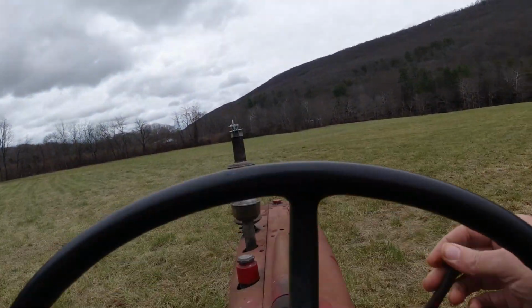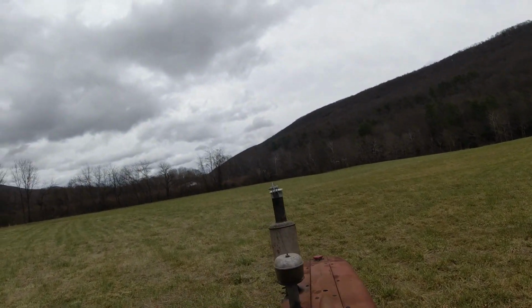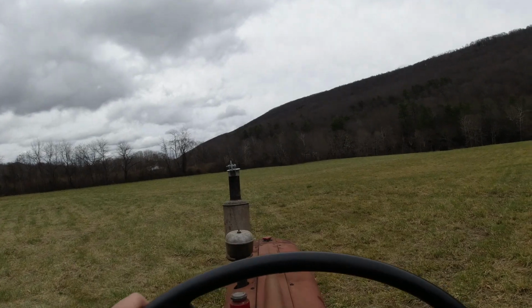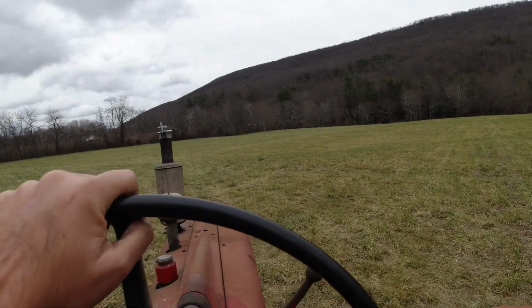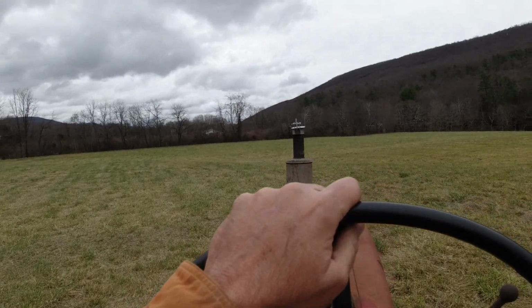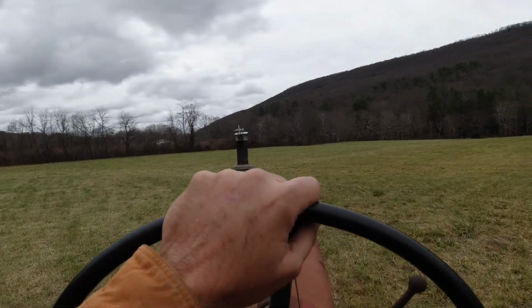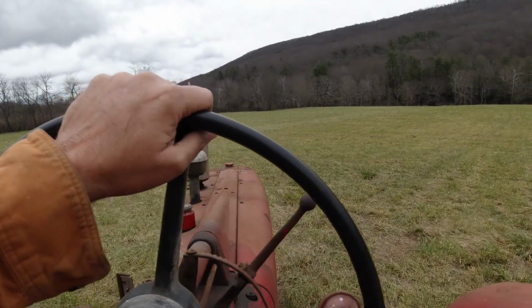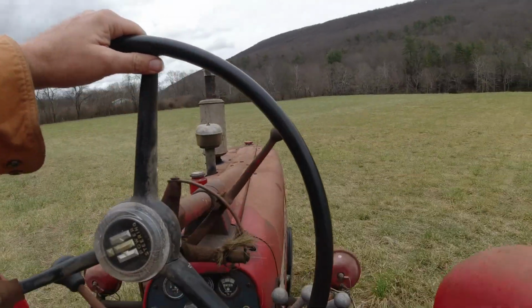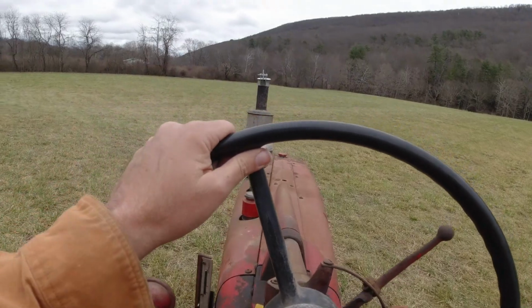kind of as a lighter weight tractor for maybe pulling a little cultivator or seeder, working in the hay fields, things like this. And to the extent this tractor is reliable, which remains to be seen,